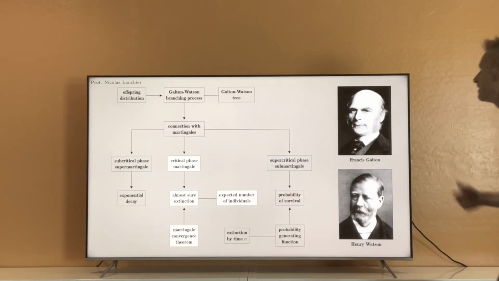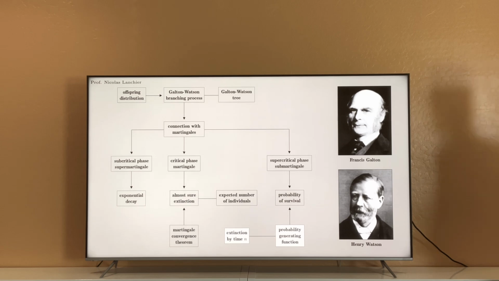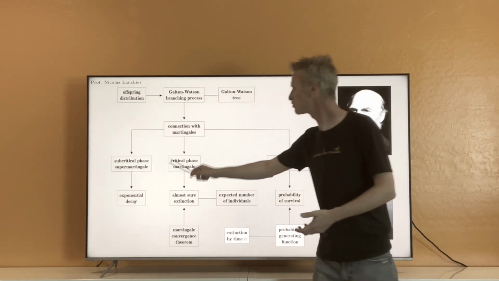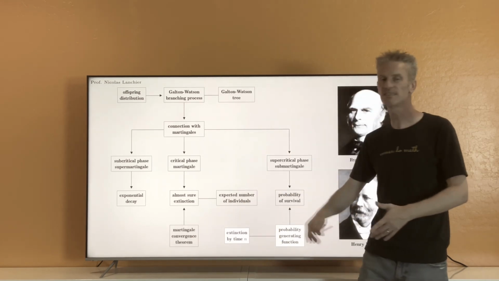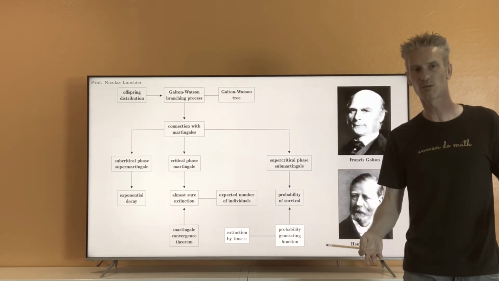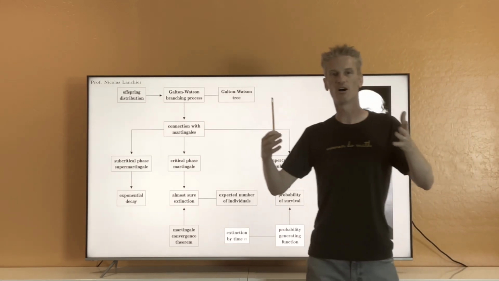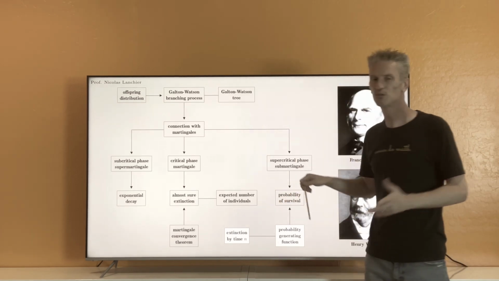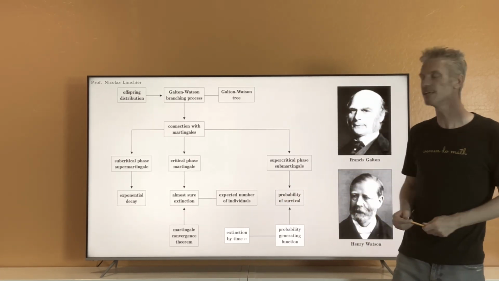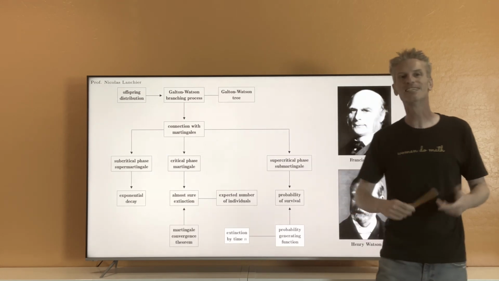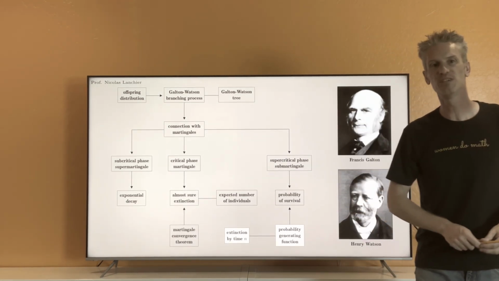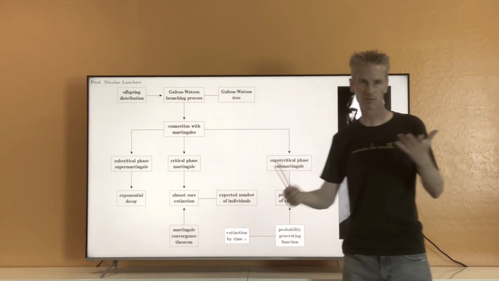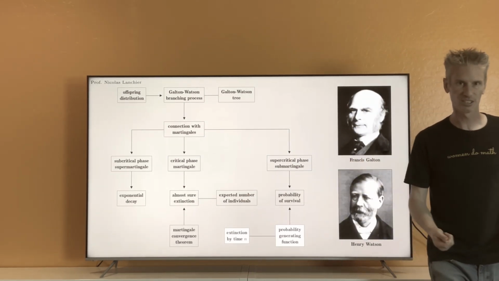Then finally, we are going to look at the supercritical phase. What happens in this case is what we expect. There is no surprise like here. What happens is that with positive probability, the population is going to survive forever. But the mathematics that we are going to use here is quite interesting, and we are going to see new tools that I didn't define before that can be used to study Galton-Watson branching processes in this supercritical phase.